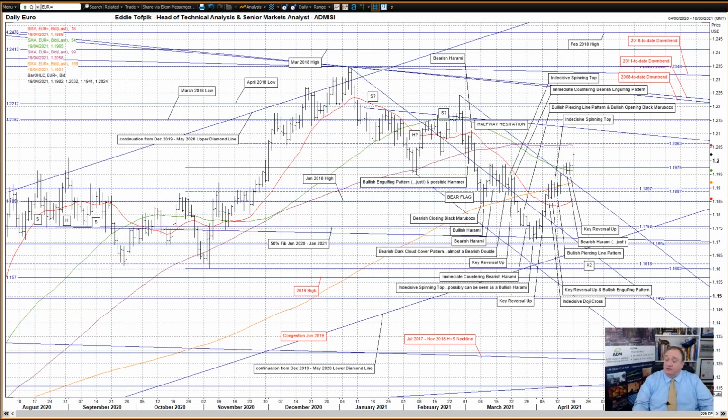I'm going to start off with the euro dollar. A key reversal up on Friday, as well as a decent close back up over the recent 50% Fibonacci line at 119 3/4 and the short medium moving average, currently 119.64. I suppose the most important point was the third consecutive close over the upper tine, currently at 119.21, of the 2021